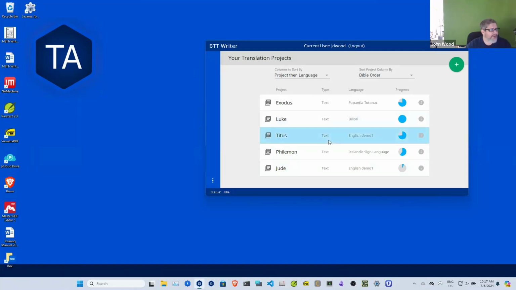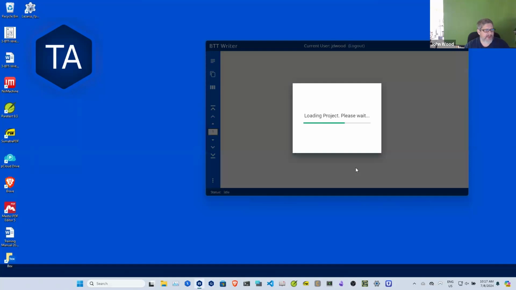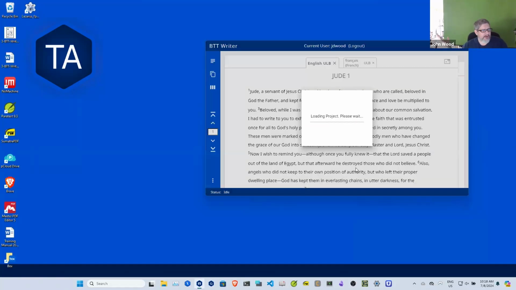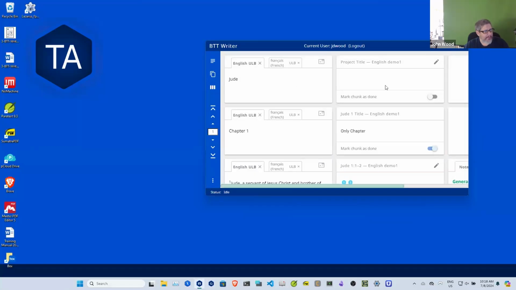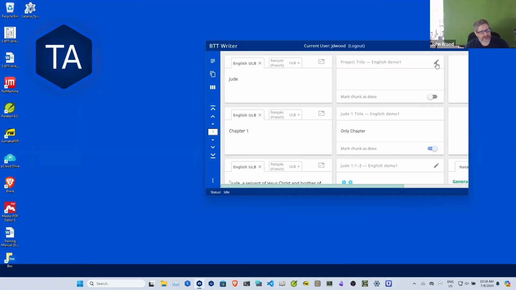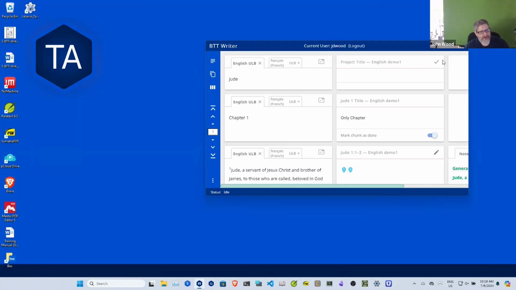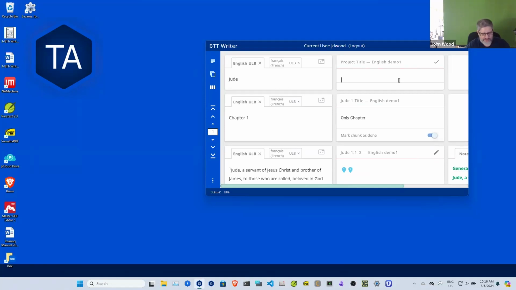All right, so we'll move along here. If I want to type in a new translation, so I've got people somewhere who've sent me a written page of translation, this is how I'm going to type that in. I'm going to look at the name of the book, type in the name of the book. When I'm done, I'll click that little check mark up there to go back. So to edit, I click on the pencil, and I can type in,